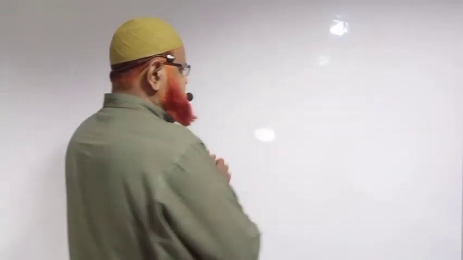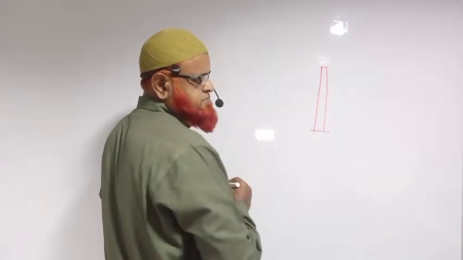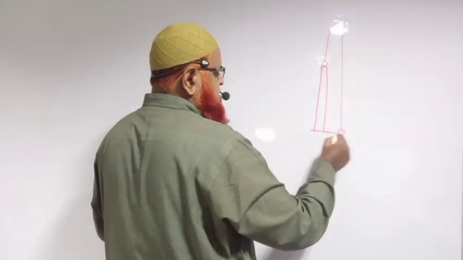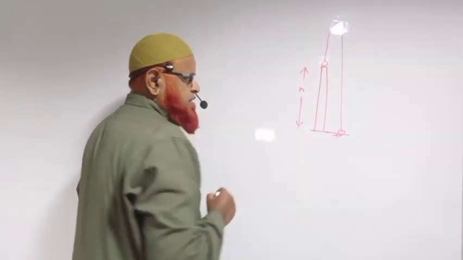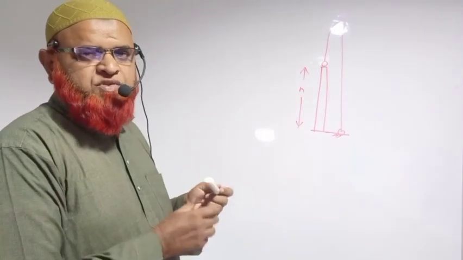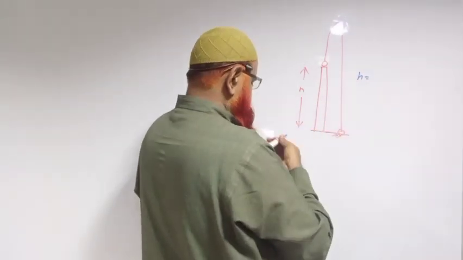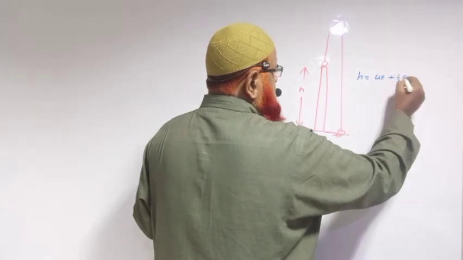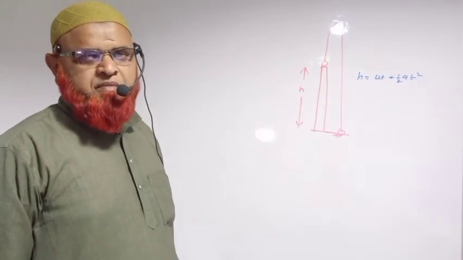Now just see here. This is the tower. And you are throwing a body upwards. And this is reaching the ground here. Okay? So this much is going to be the height of the tower here. From this, we are throwing a body upwards. Then what is going to happen? Let us see here. Generally, you write the formula h is equal to ut plus half gt square. This is going to be the formula here.